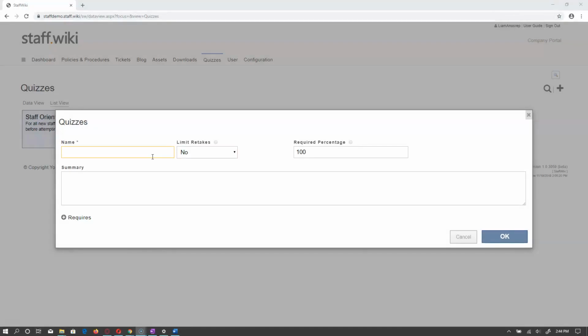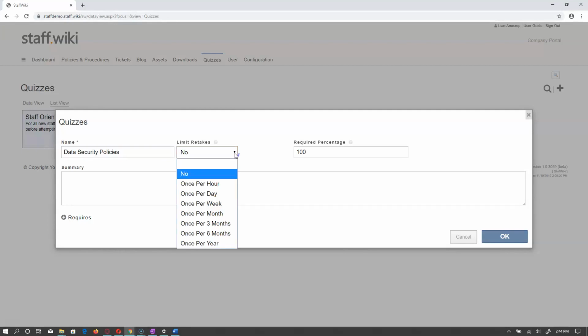Here, you can enter in the name of the quiz, which is what the users will see. The name should be relatively short. You can also enter in the limit retakes. This lets you specify whether you want to restrict how long it will be before users can retake the quiz